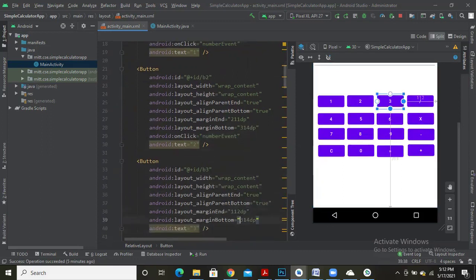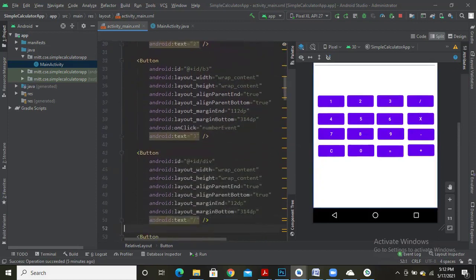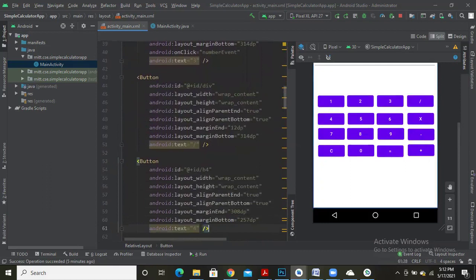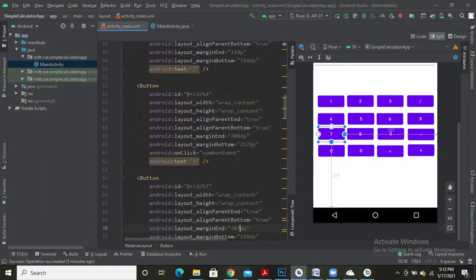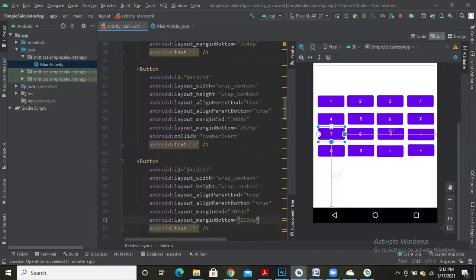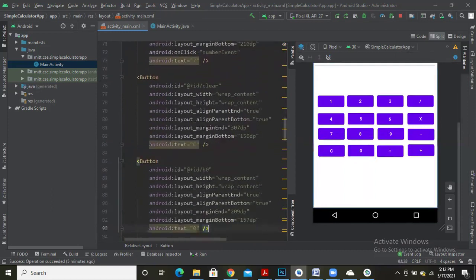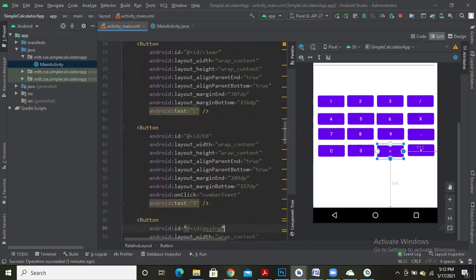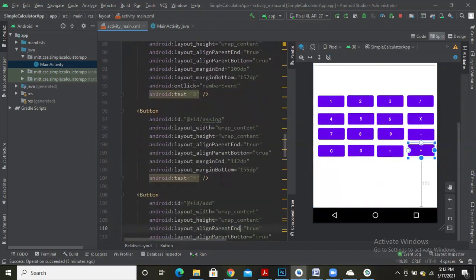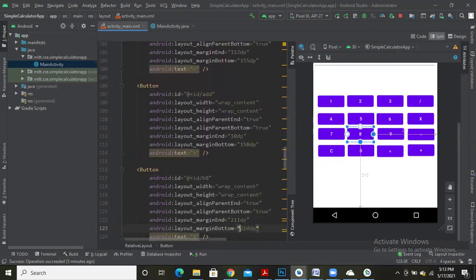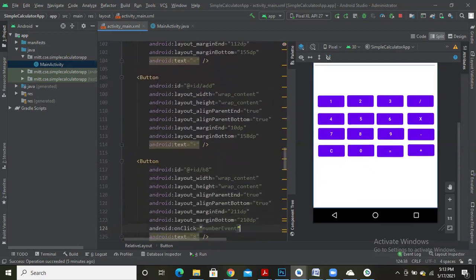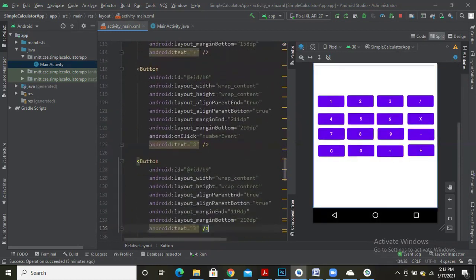Do the same for button 3, button 4, button 7, button 0, button 8, and button 9.